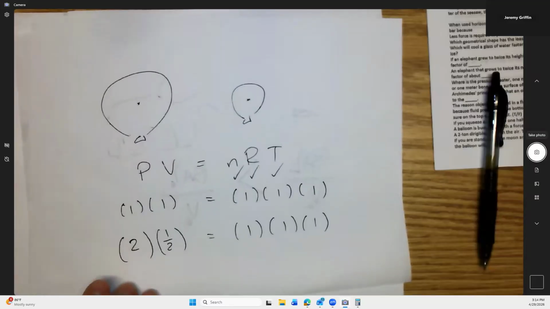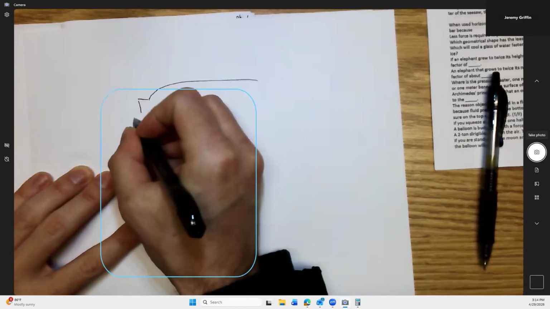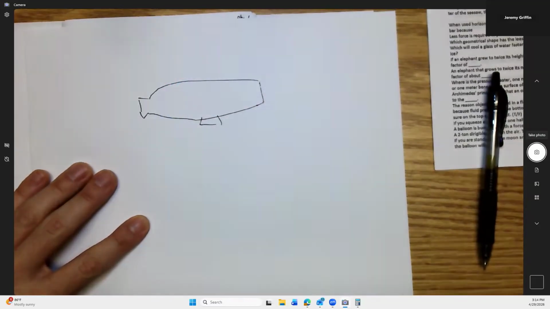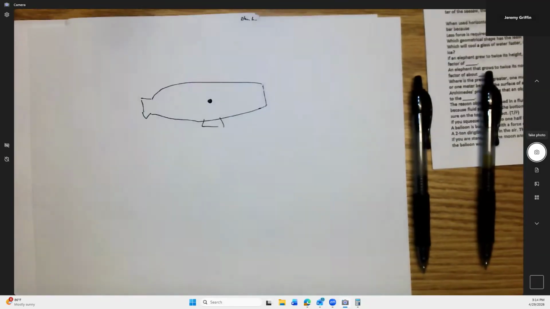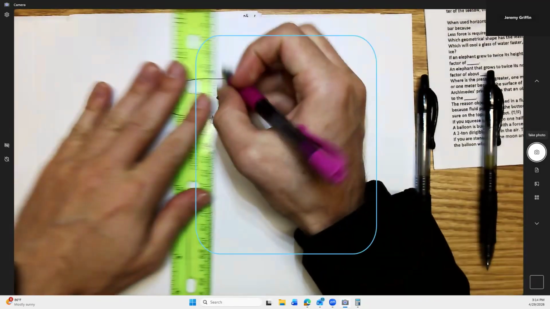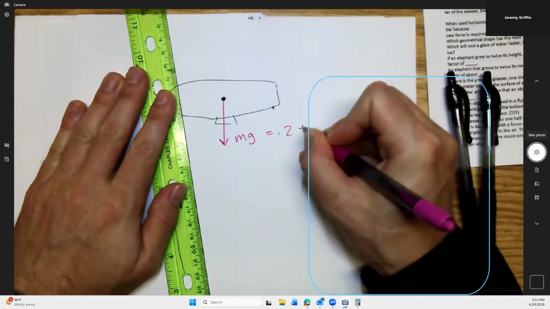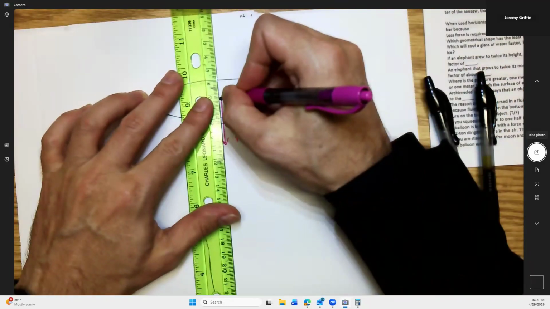2-ton dirigible. So we're talking about probably a blimp or maybe a hot air balloon or some version of that. Let's say we got a blimp going on. Let's do a free body diagram on this guy. The weight of this is trying to pull it down, and that was equal to 2 tons. Because if it's just hovering there at rest, isn't it true that the forces have to be